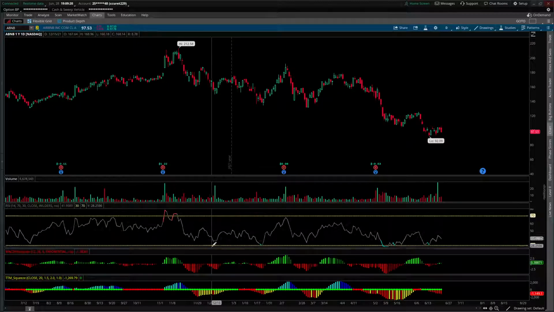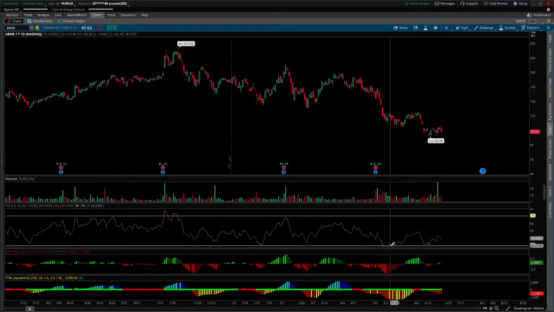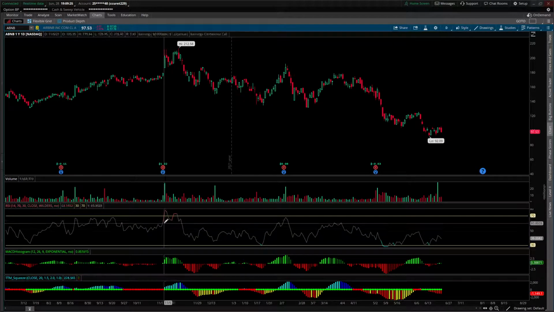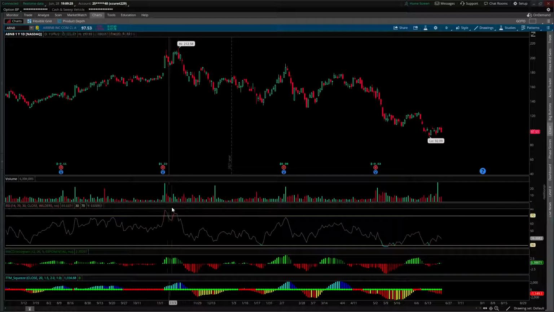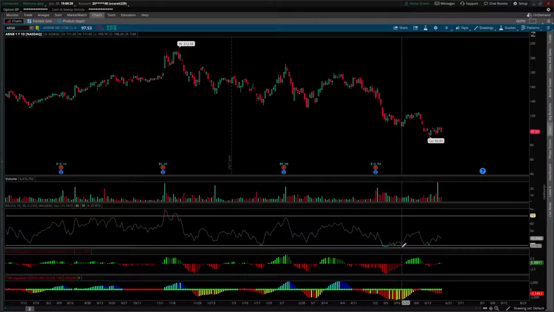Anything under 30, in the blue here, is considered oversold, and anything in red, above the 70 line, is considered overbought. At oversold points, it could be a good time to buy the stock or get into option longs,